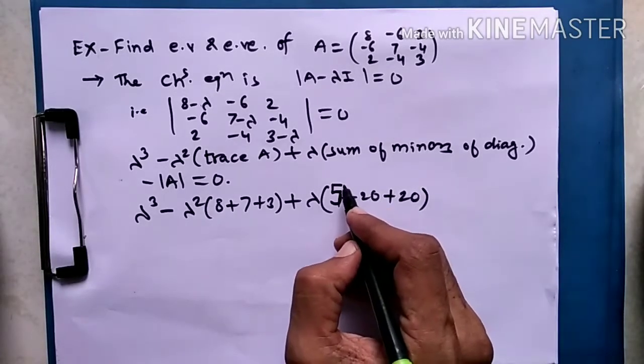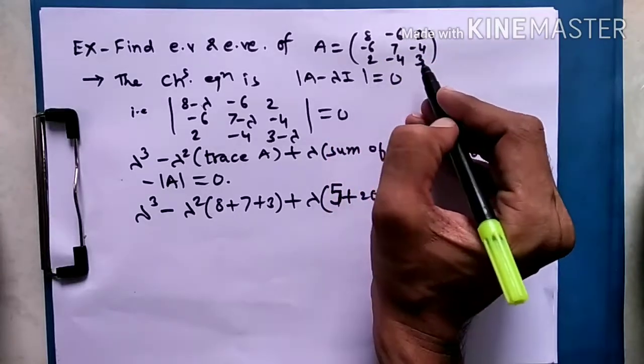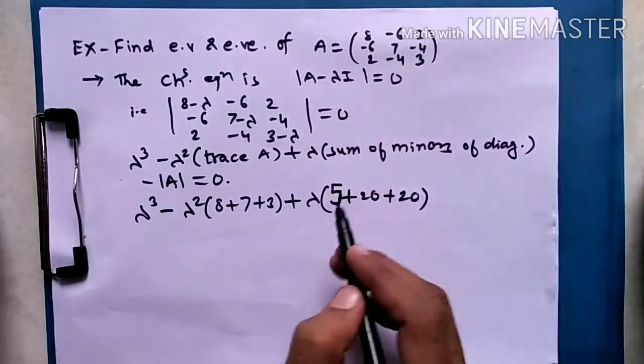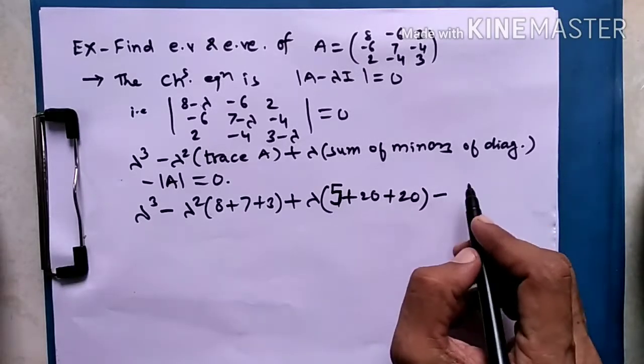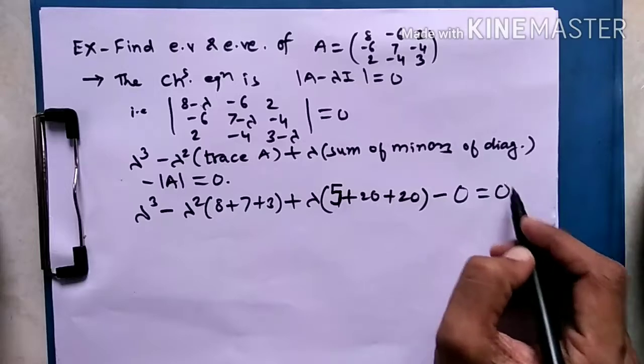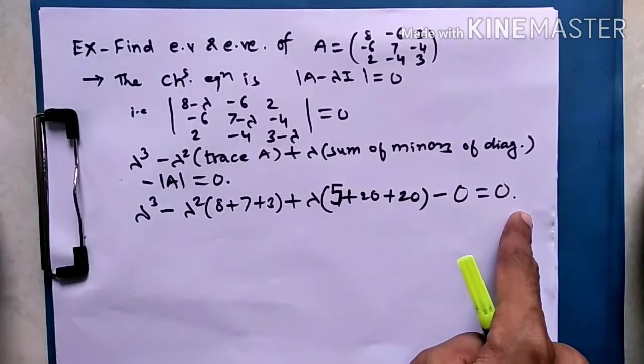Okay, please make the correction. This first element was 5. We are hiding the first row and first column, so it is 21 minus 16, that is 5. And then the determinant of this matrix: you can use a calculator to find it. You will observe that the answer is 0 for the determinant. So minus the determinant of the given matrix is equal to 0.